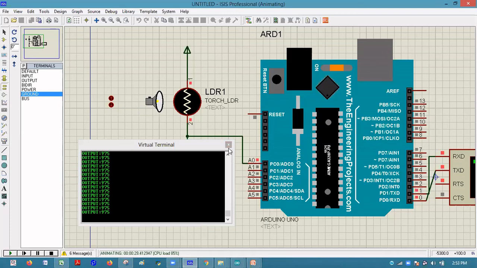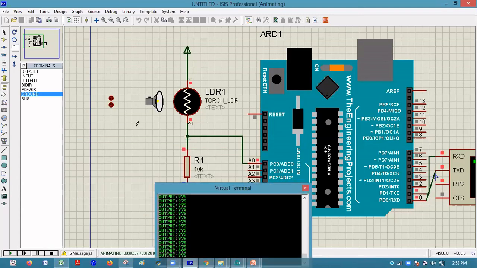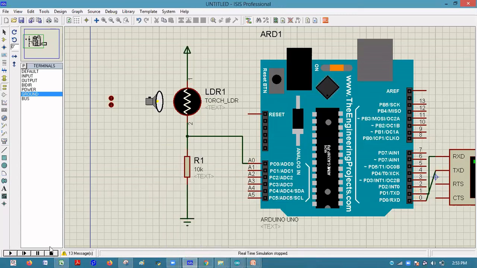The assignment for this experiment is, I have used the serial communication UART, but you have to display the value in the LCD display. The assignment is to interface the LDR with the Arduino controller and display the value in the LCD display. In the first unit, I have explained how to display the value in the LCD. Same thing only. You have to make some changes in the program and small changes in the circuit also.